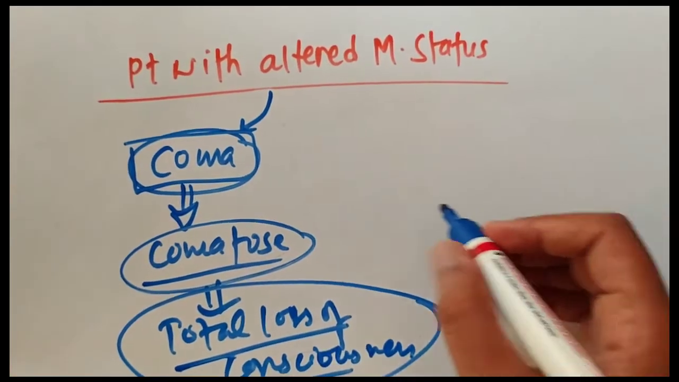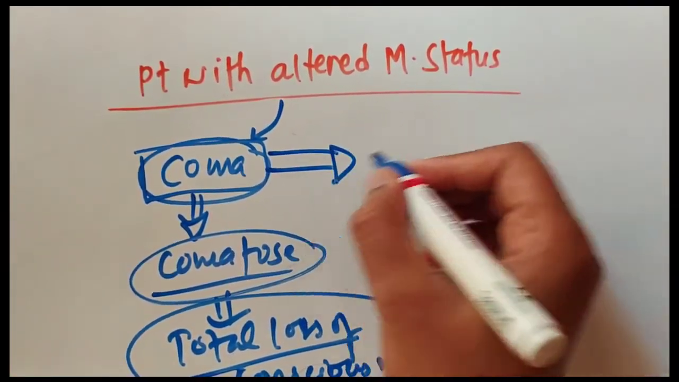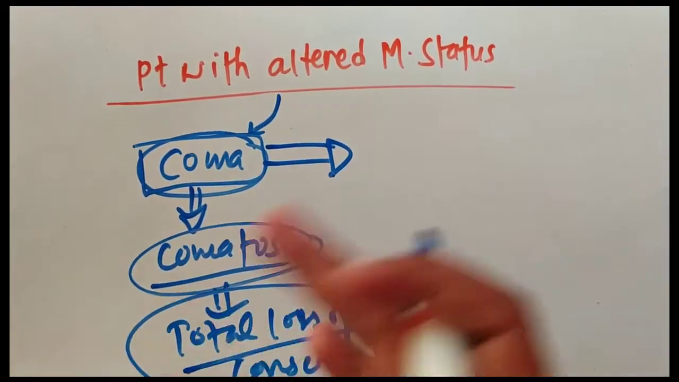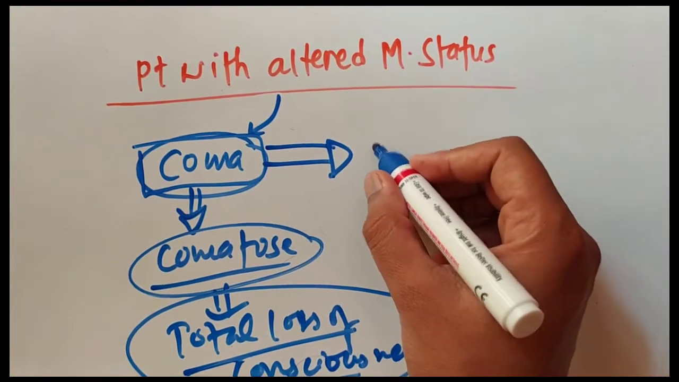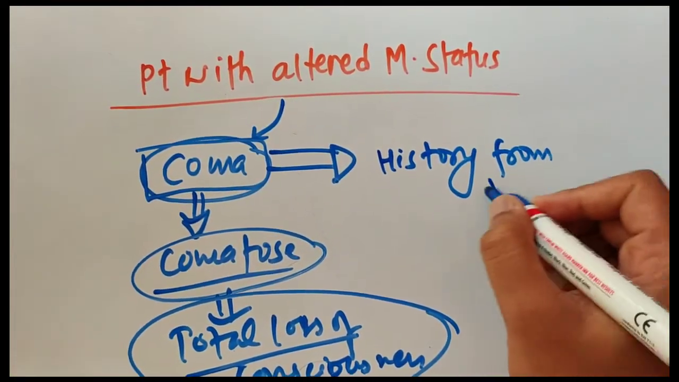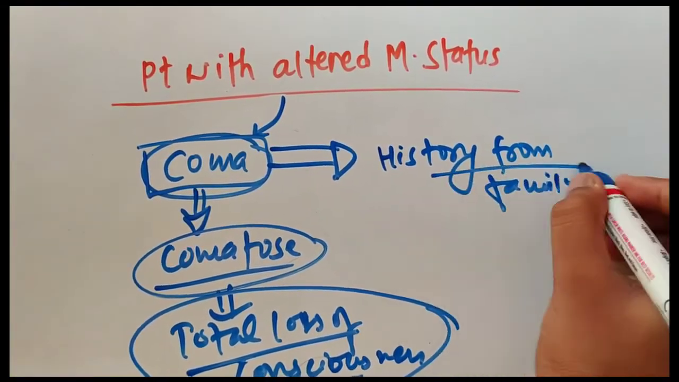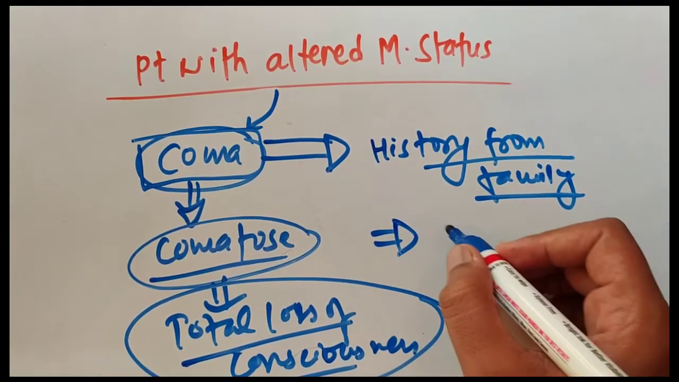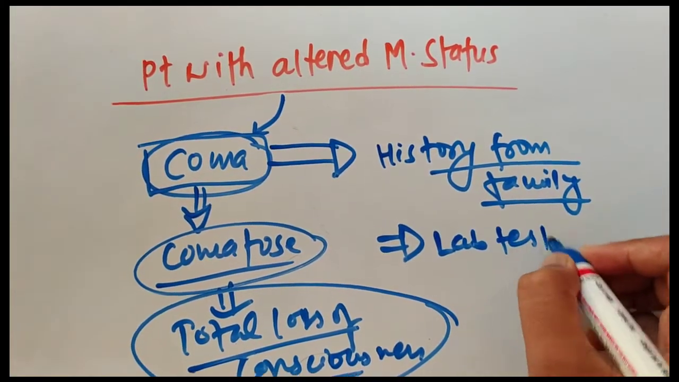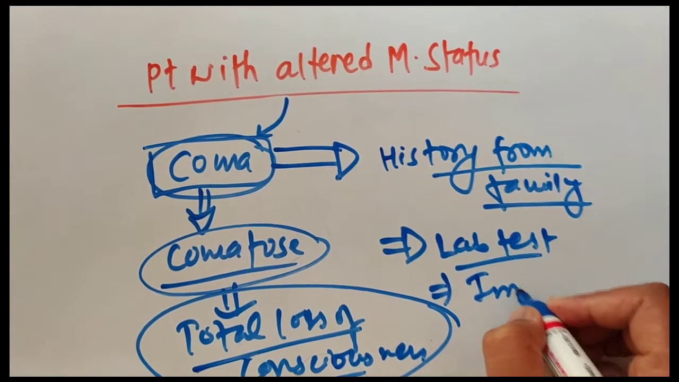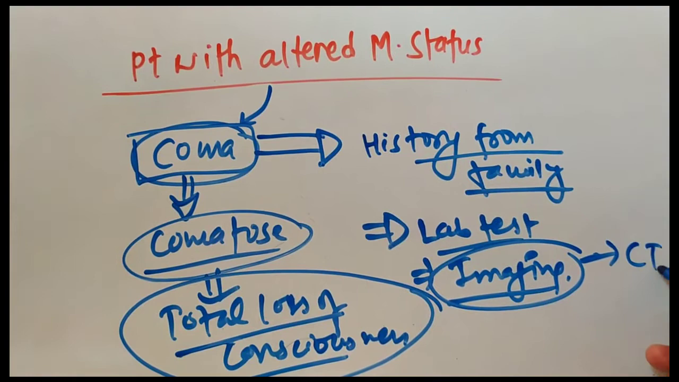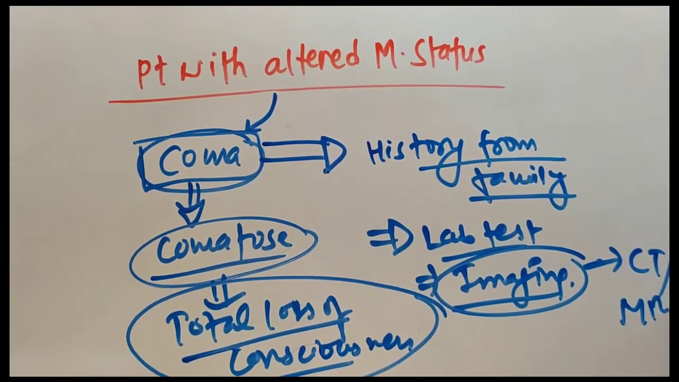So that is comatose. In this type of patient, we cannot take the history from the patient themselves, as the patient will not follow any commands. The history should be taken from the family members. And another thing, there we have to do all the lab tests and all the imaging tests. Especially imaging means there can be a need of a CT scan or MRI or